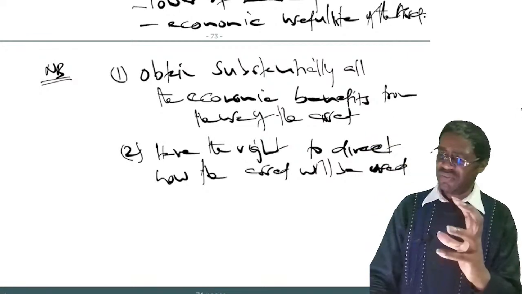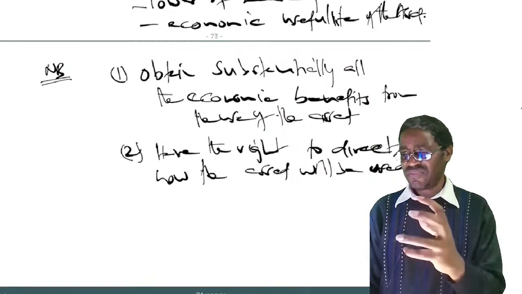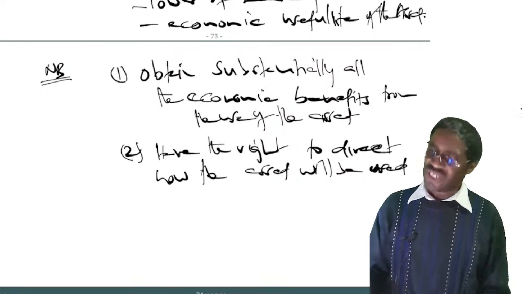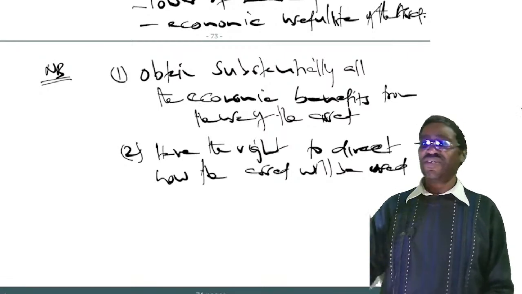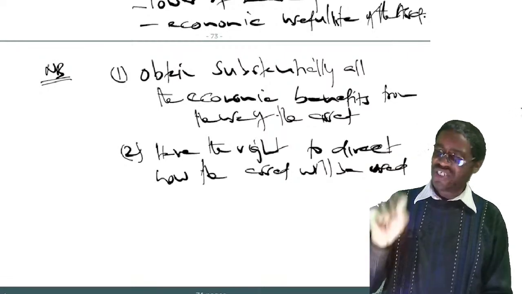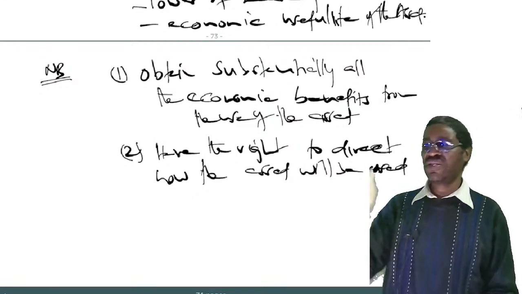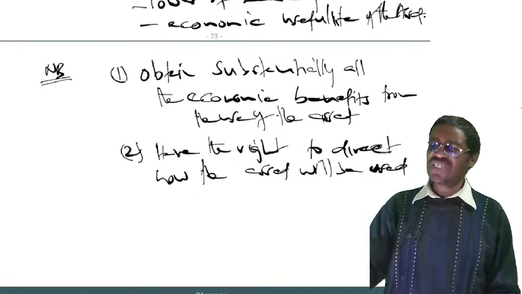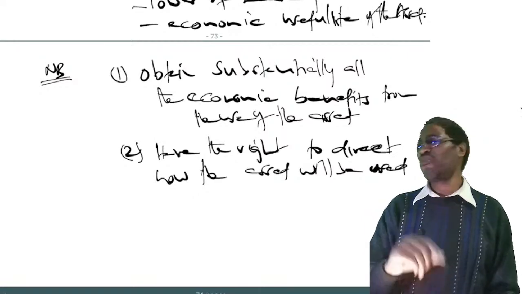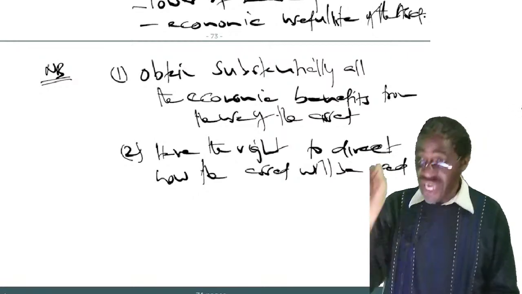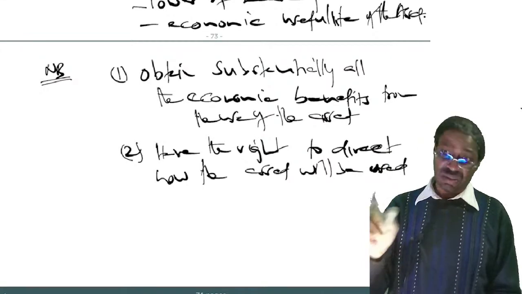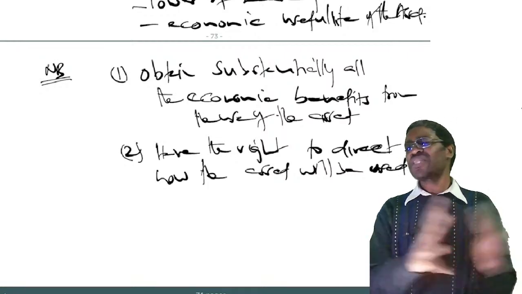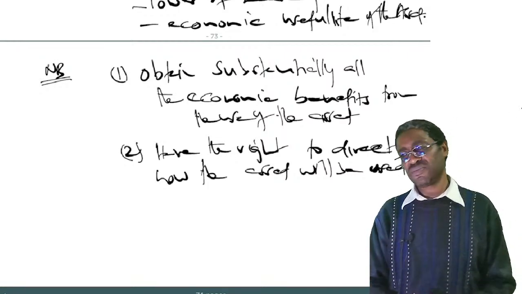So anytime you find a question and the examiner tells you A went into a lease agreement with B, required, show the entries or show the statement of financial position in the books of A. Who is A? The lessee. So to him, there is nothing like operating or financing.